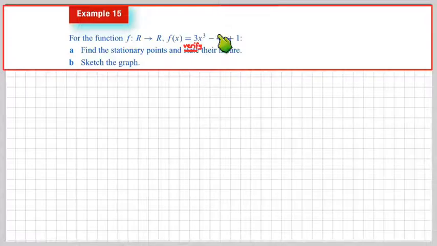But look, the only situation in a cubic where you have just a stationary point of inflection is a perfect cube, something like 3 open bracket x minus 1 close bracket all cubed plus 2. That's what I call a perfect cube, which has the shape of the classic cube, y equals x cubed, where it's just got a stationary point of inflection on the origin,